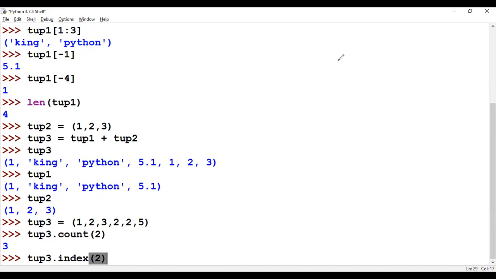If I say index of 2, what is the index of 2? Now there will be a problem. Why? Because if you see here, in the index, I have, this is 0th index, this is first index, this is second, third, fourth, and fifth. Now I'm asking, what is the index of the element 2? To my surprise, I'm having 3 different indexes for 2. That is, 2 is present in index 1 also, index 3 also, index 4 also.